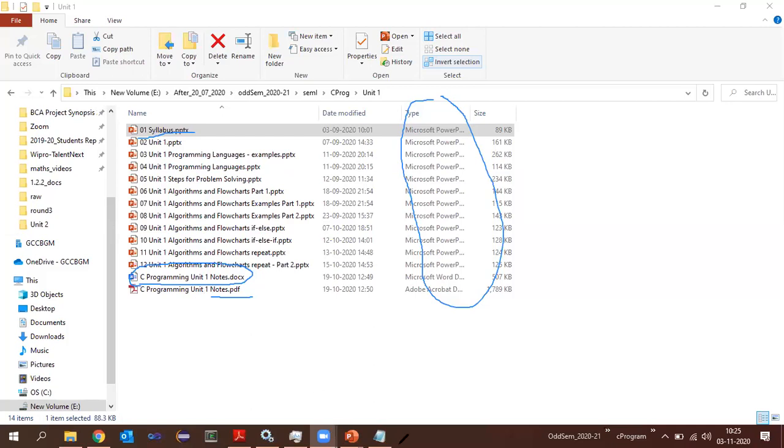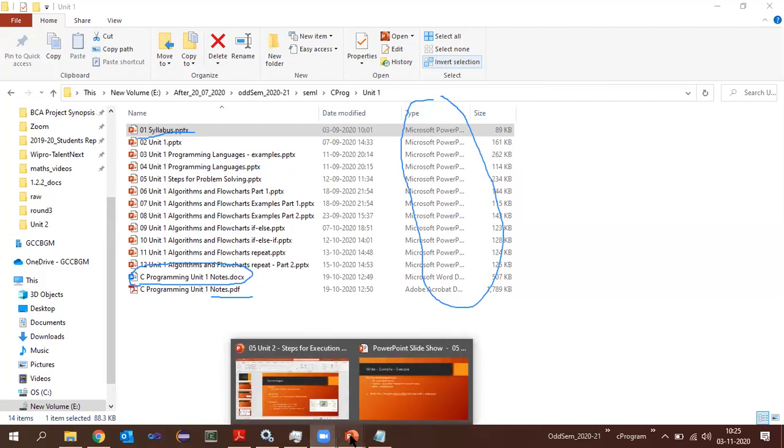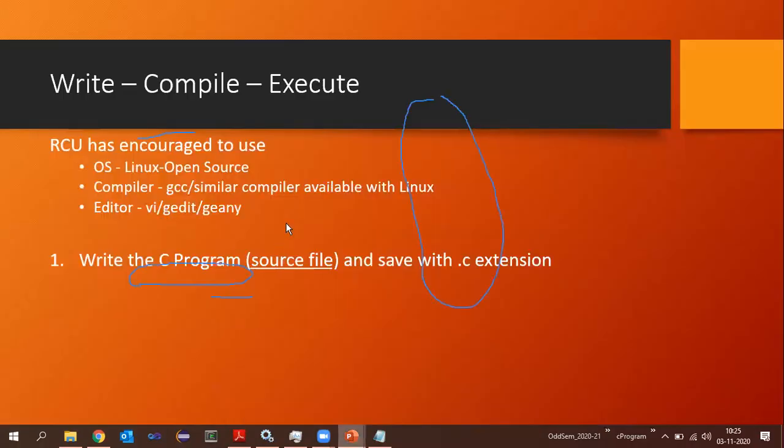In the same way, a C programming file will also have a certain extension. That extension, we call it a .c extension.